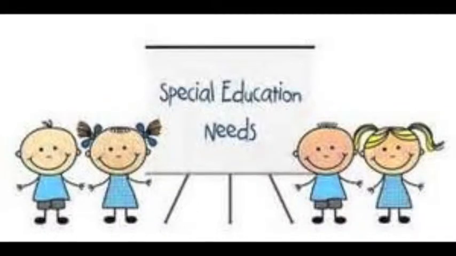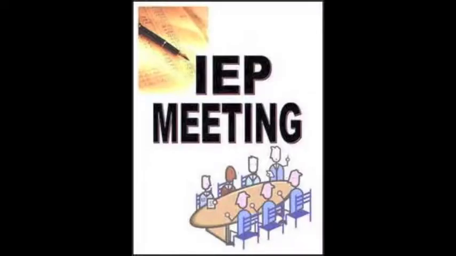What must be considered when determining which placement is appropriate for a student with a disability? The most important factor to consider is that each student's placement is based on the individual abilities and needs of the student. The instructional needs and necessary related services, which are documented in the IEP, are the basis of the placement decision. Also considered are the benefits of education in a regular classroom as compared to the benefits of a special education classroom, the non-academic benefits from interactions with non-disabled students, and the degree of disruption of the education of other students, resulting in the inability to meet the needs of the student with the disability.